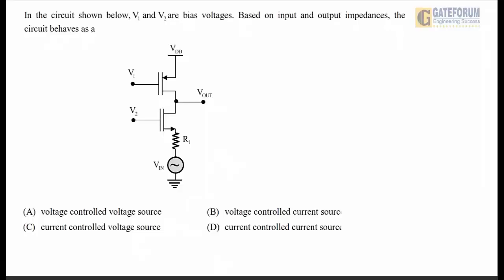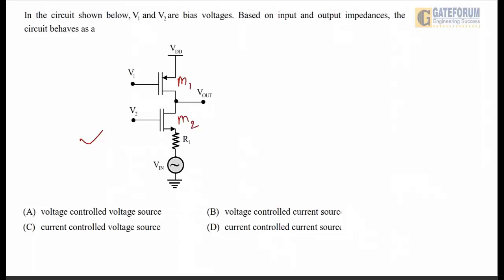So the question here is, in the circuit shown below, V1 and V2 are bias voltages. Based on input and output impedances, the circuit behaves as a: option A, voltage control voltage source; option B, voltage control current source; option C, current control voltage source; option D, current control current source. So this is the circuit given here, and in this circuit, let's say this is M1